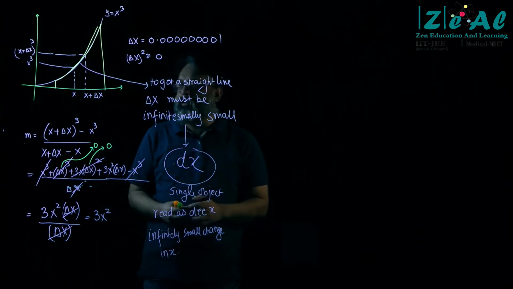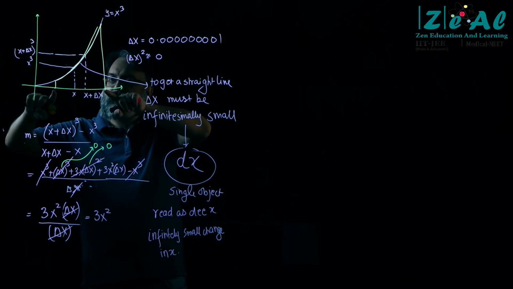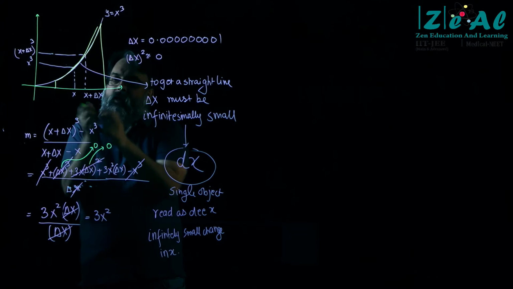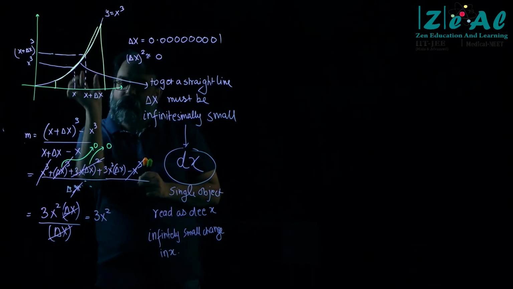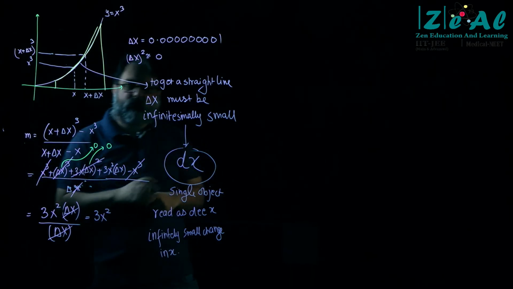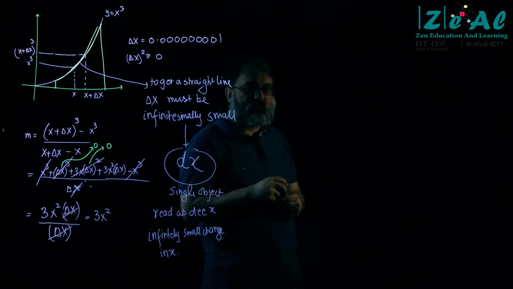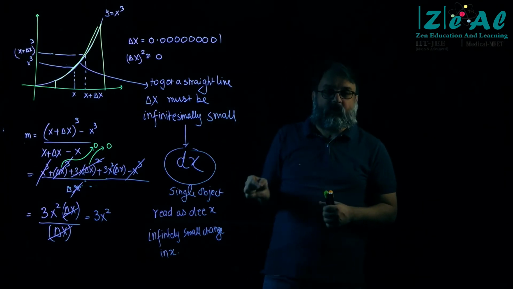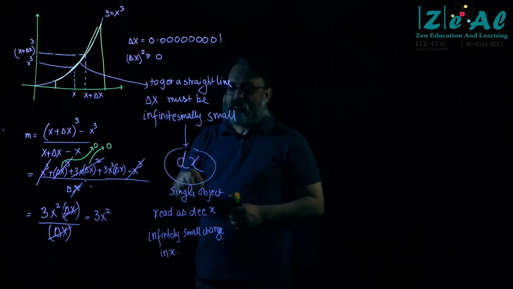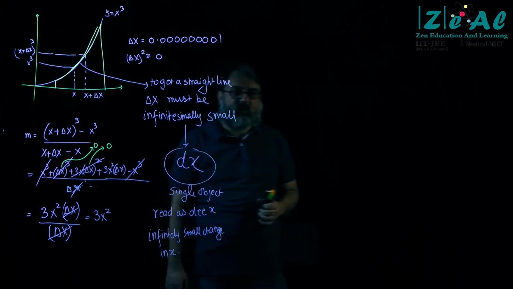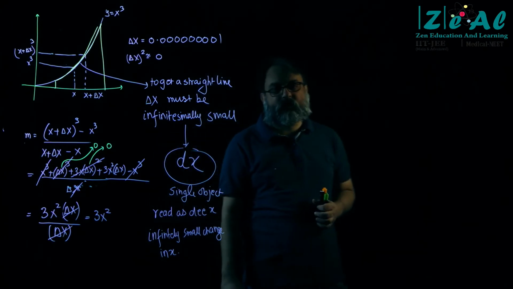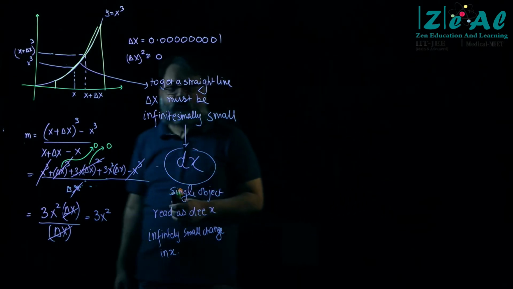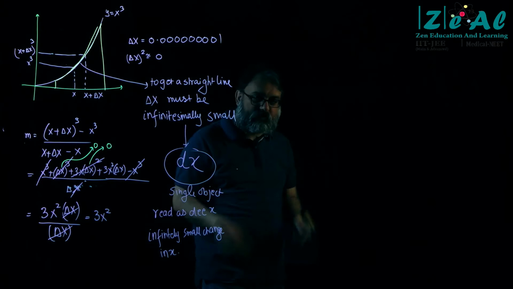Delta x can be big. Delta x can be the difference between these two points. Delta x is simply a change in x. An infinitesimally small change in x is dx. Siddhant is asking, if the change is too small, why don't we neglect it altogether? That is the whole point of the exercise, and I will show you. We will discuss it now.